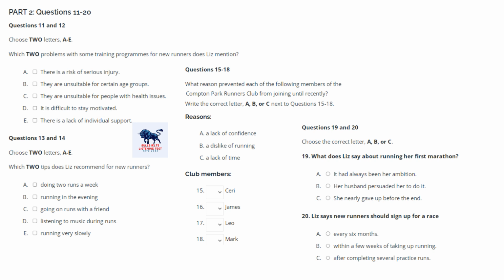But after you've been training for a few weeks, it's worth putting your name down for a 5k. Some people find they only need a few practice runs before taking part in a race, but I'd give yourself a couple of months at least. Well, I hope that's given you a really good idea of what...